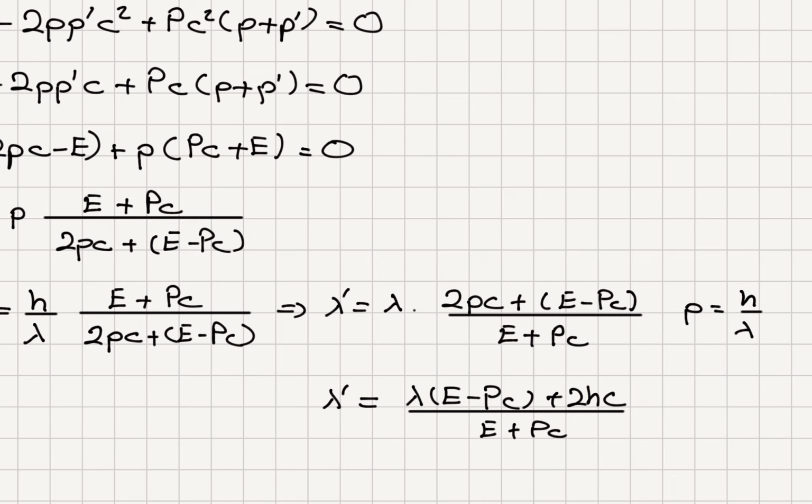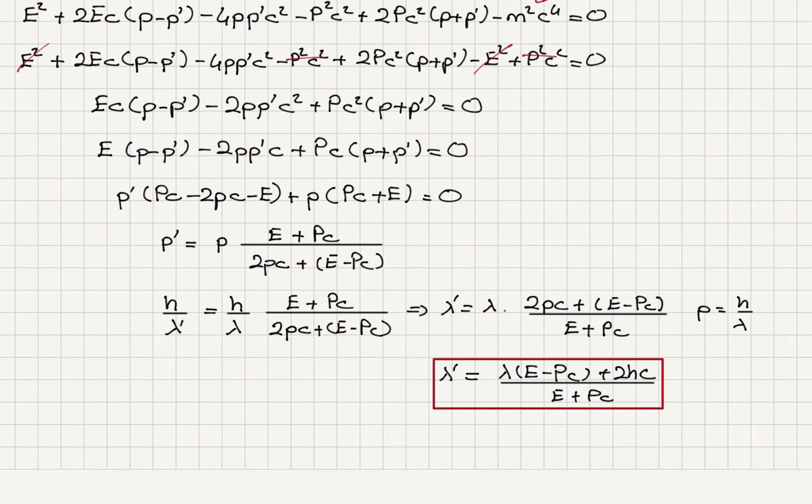So here I substitute h over lambda, so that's going to multiply this by lambda. So 2hc is what I'm going to get. Lambda times (E minus P c) and divided by lambda times (E plus P c). But there's another lambda here, so they would cancel out. So this would give me my final answer for lambda prime. Now, the problem says